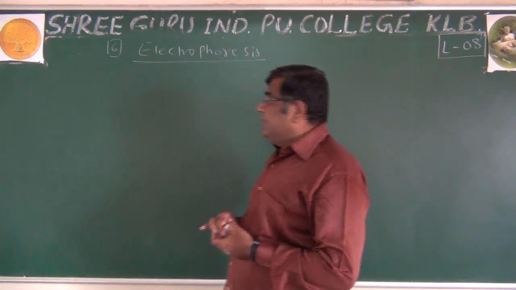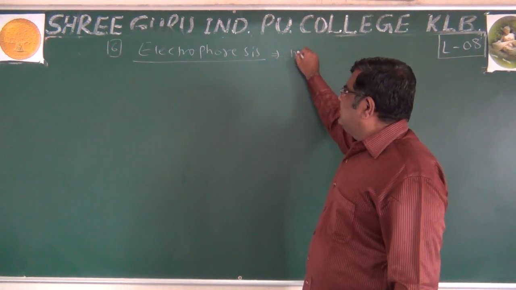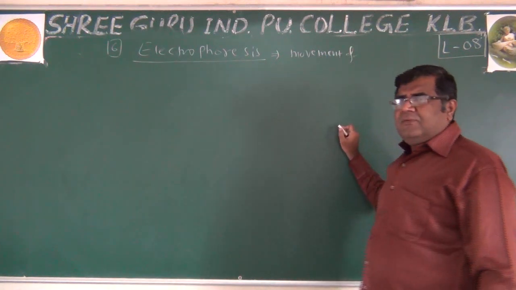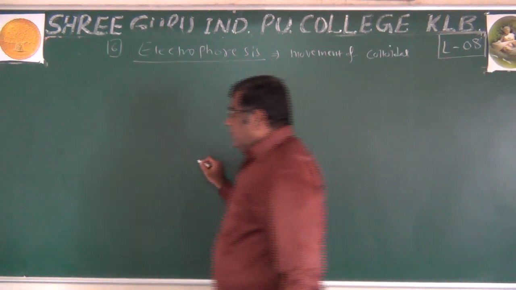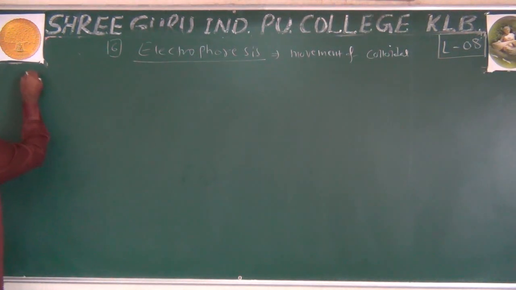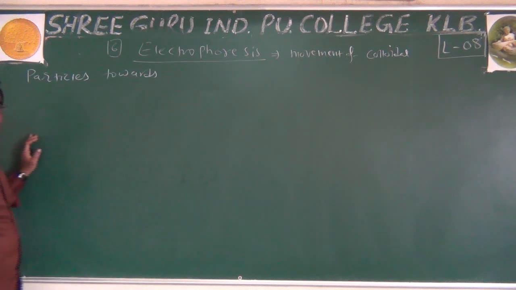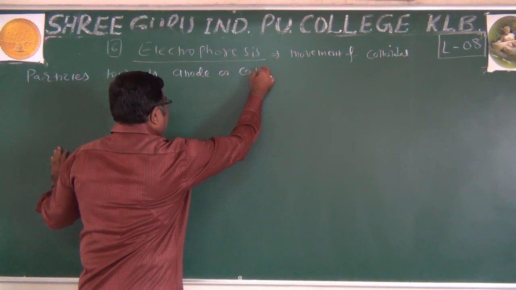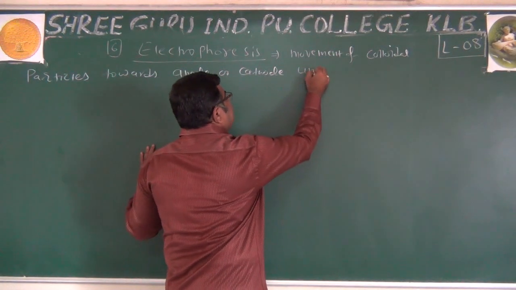Now what we mean by electrophoresis, one of the important properties of colloidal solution, we can say that it is nothing but movement of colloidal particles towards anode or cathode. Anode, which is positively charged electrode, or cathode, which is negatively charged electrode, under the